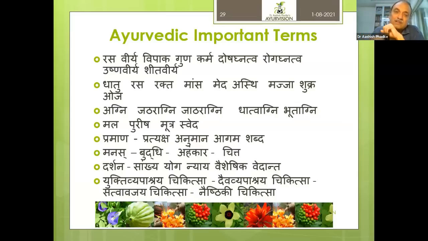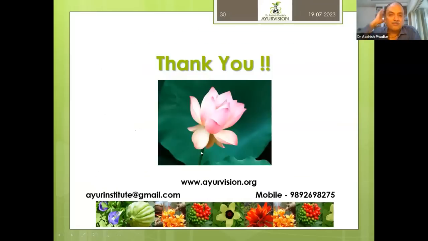So if we understand and remember the basics of these, Agni, Jatharagni, Mala, Dhatu and Rasa, and Manas, Buddhi, Ahankar, all that, then I think we will be able to do proper justice while teaching yoga to our students, or while giving yoga therapy as an integrative Ayurveda yoga therapy to our patients. I think I have taken a little more time. I am thankful to all of you for your patient hearing. If there are any specific questions,